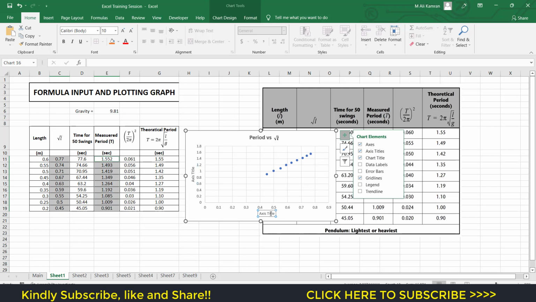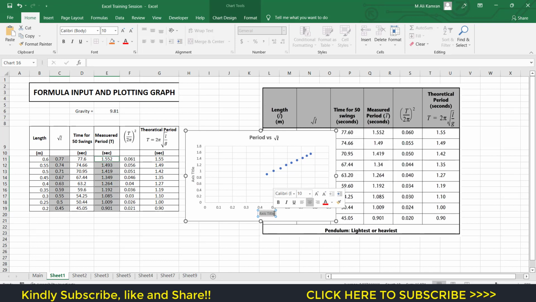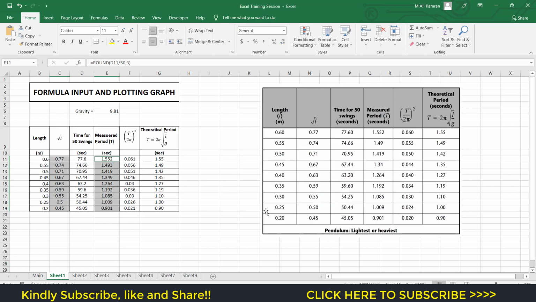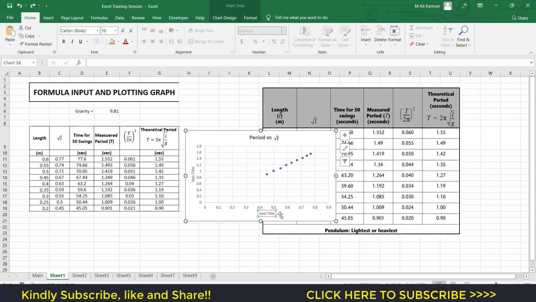Now on this axis we have square root L. I do not want to write something, so I want to have this. If I delete this axis title, we won't have any space here. We want to have the space for square root L. So what we will do is that I will write the units. What will be the units of this? This will be in second,